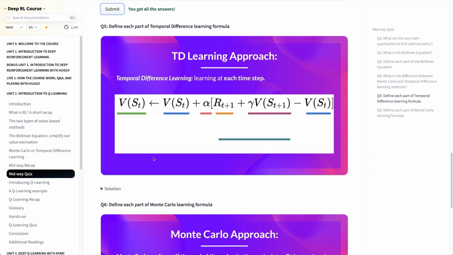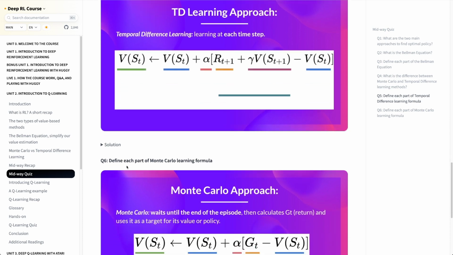We saw this just 10 seconds ago, but the new value of the state is being driven by the old value of the state plus some learning rate, and instead of the G of t factor, we have the reward of t plus 1 plus this gamma times the value of the next state, and it's being subtracted by our previous opinion of the value of this state,